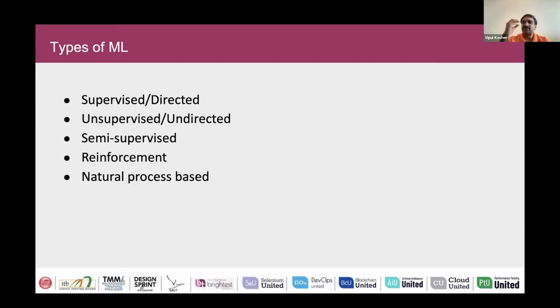So if you have labeled output, then you can do supervised learning. If you have unlabeled output, you can do unsupervised learning. Let's not worry about semi-supervised. You can understand it as somewhere in between. Reinforcement is when you do not have any data at all, and natural process-based. And reinforcement learning is something which